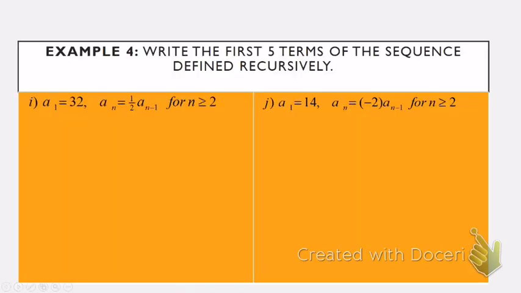So when I look at this example, I can see that in the directions it says to write the first 5 terms, not 4, first 5 terms of the sequence defined recursively. Whenever you see the phrase defined recursively in your